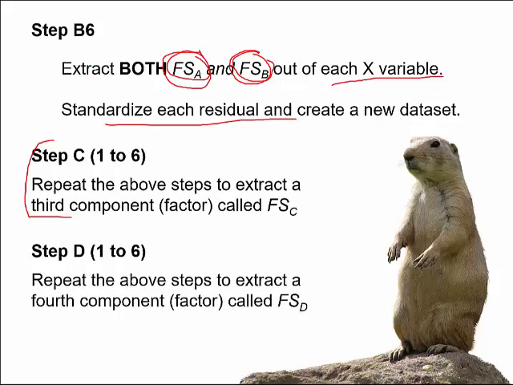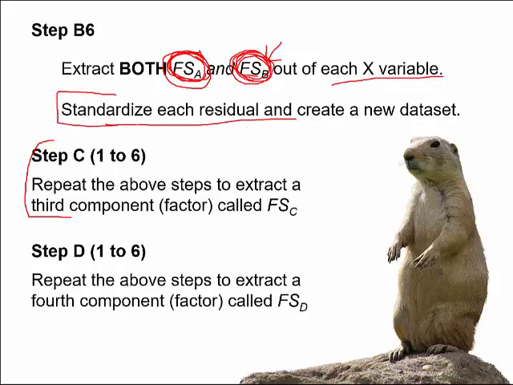Recall that when I extracted that first factor, I created that table of residuals, all the stuff that couldn't be explained by factor score A, and then I calculated the component weights, or the factor score weights, to create factor score B. I created those weights to explain as much as possible of the residuals, all the stuff that couldn't be explained by factor score A. So factor score B was created to explain as much as possible of the variance in the residuals of my x variables. And so then I'll extract both factor score A and factor score B out of my x variables,